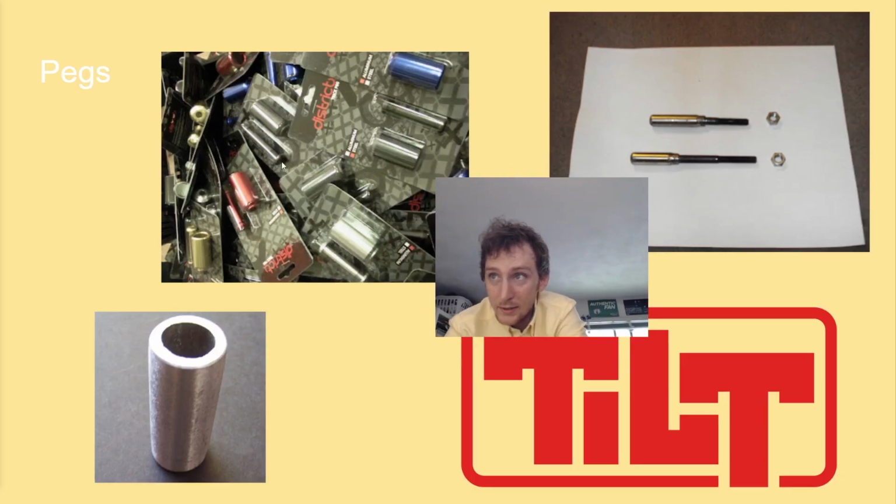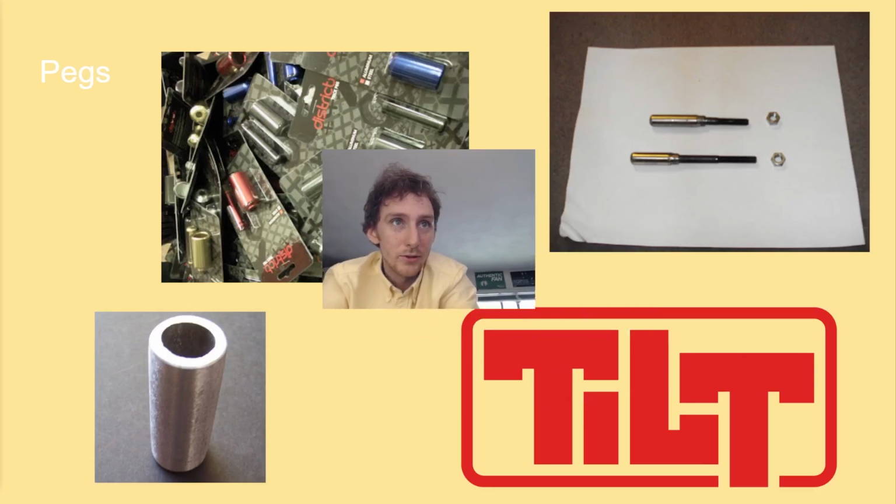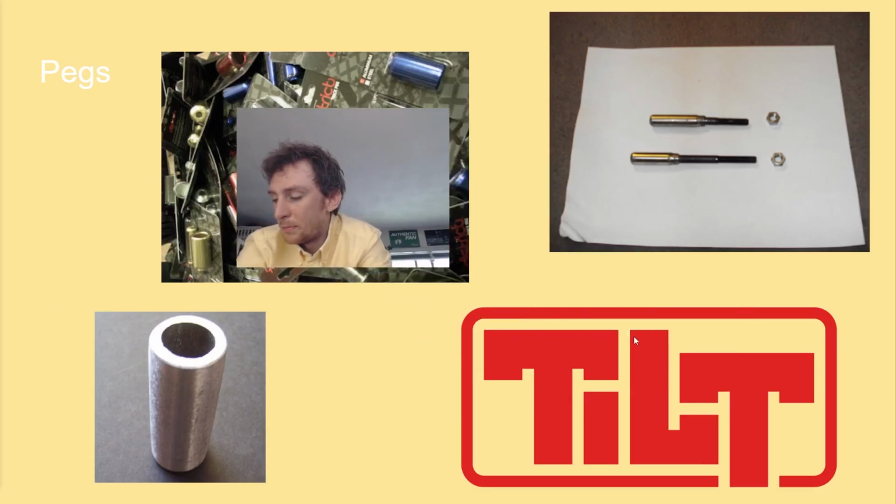Here's the District pegs, probably the first multicolored pegs that come out. Here's the SOA pegs. I stole this picture from Inside Scooters. Shout out Jordan. Here's the Quebec Scooters pegs. These definitely started getting made in 2008, but again, they're in here. And then Tilt. I couldn't find any pictures of the original Tilt pegs. I could only find them of the chromos, but Tilt starts in 2009, and that's when they first start